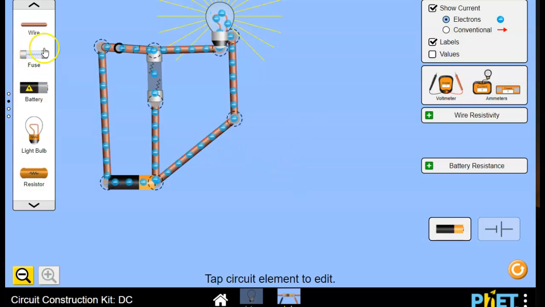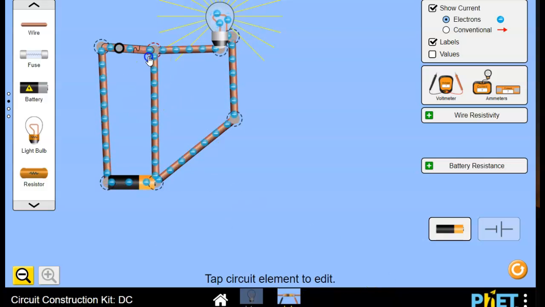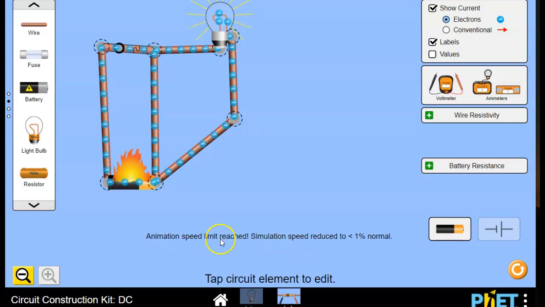So you can play with fuses and see just how many things you can do to make a really poorly designed circuit on here. Some of them, things like insulation being off the wires, we can't do, but you can create some really complex ones. So the things you want to look for are electrons that are flowing really fast. Again, that will look like this, and you'll probably get a warning about the animation speed. You can look for fire,